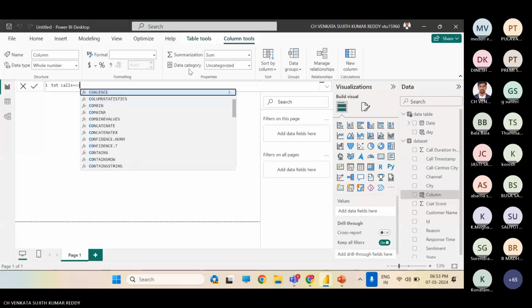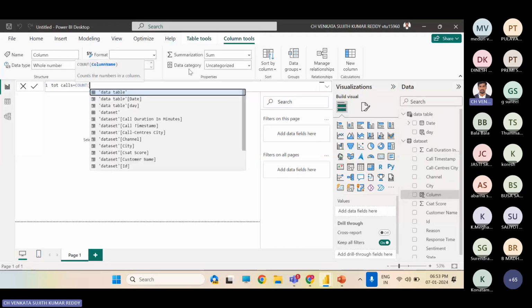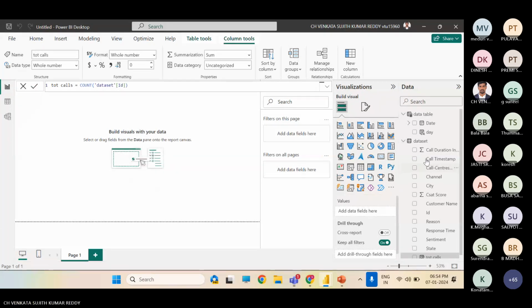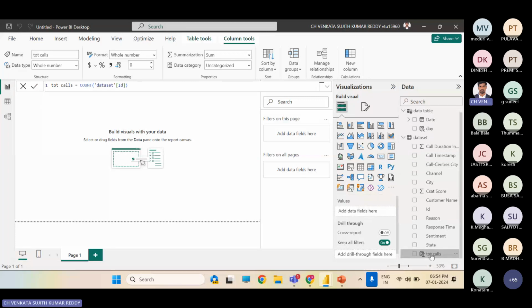As I told you, count: what I have to count here is the ID number, since it has unique values. No need to close the bracket, it will close it automatically. So here we got this measure.